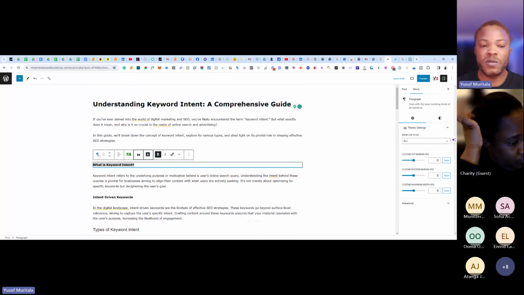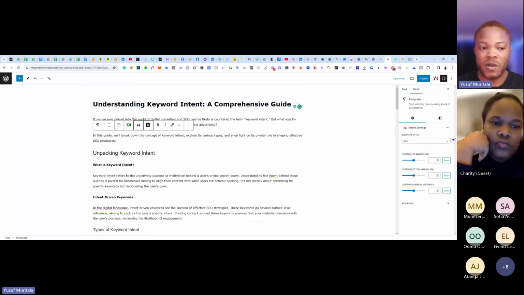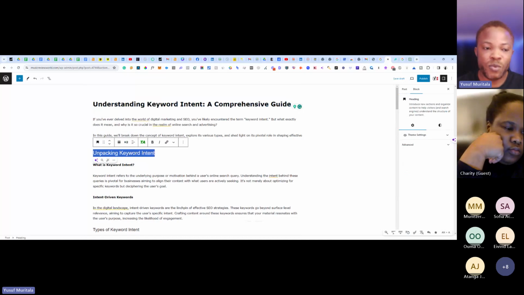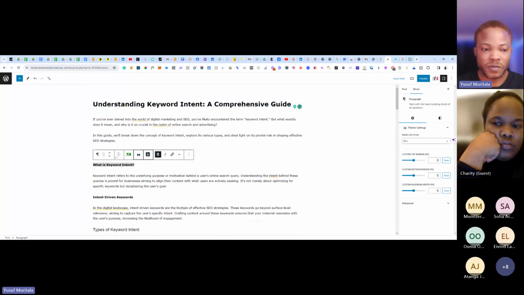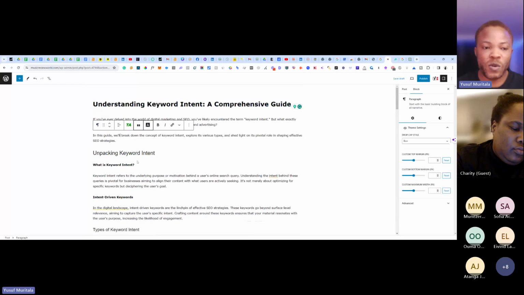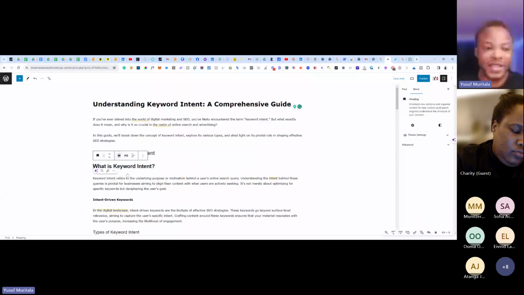You want to change it to H3, because we have given the introduction to what we want to uncover. Now you can easily change the title tag from here. If you are a WordPress person, you can change it here, the title tag, and then you can see the title here.